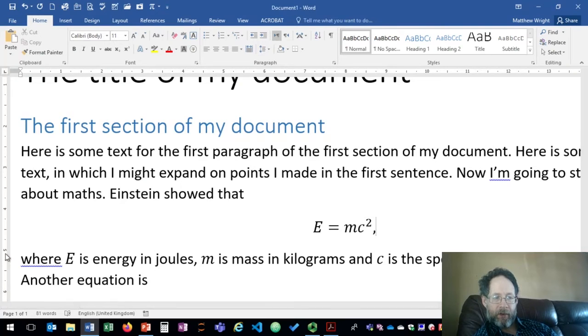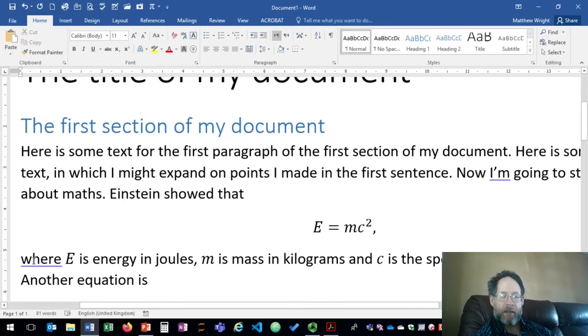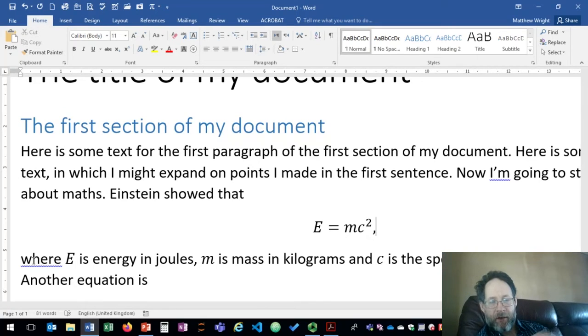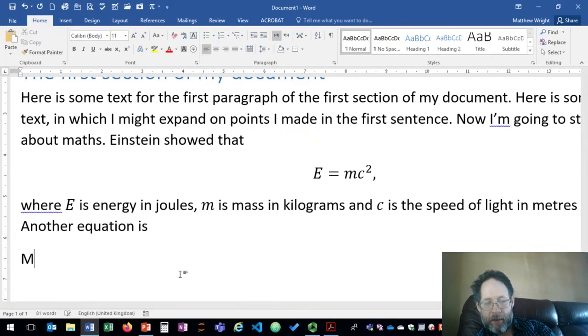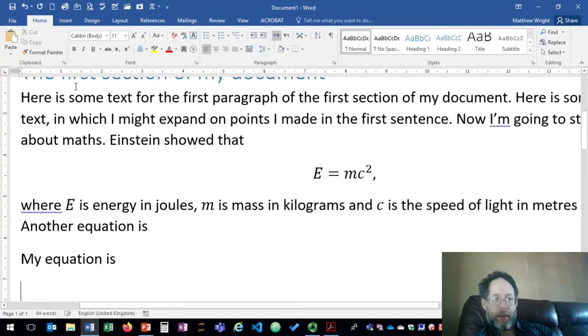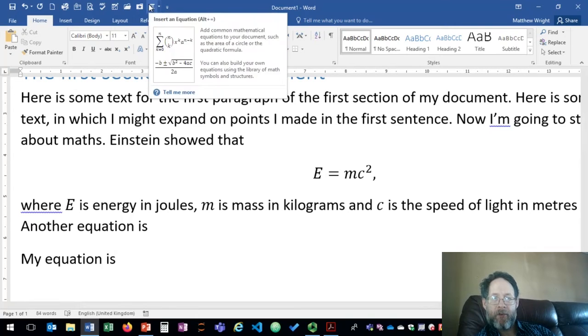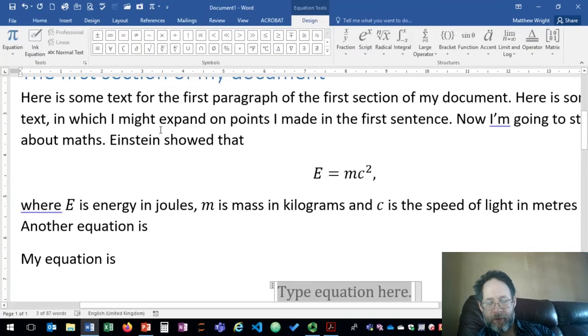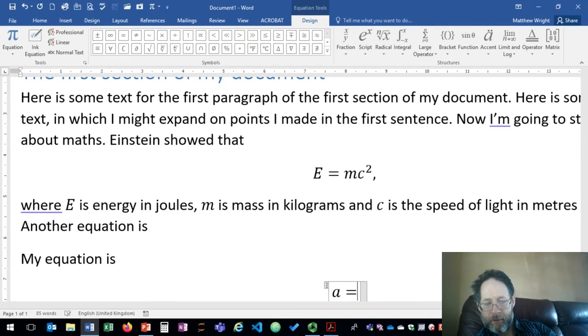Now notice that the grammar checker is underlining here, because it doesn't understand that we're still part of the sentence. And this is something I very often see when looking at student work. They start to write something like this: my equation is, and then using the handy shortcut on the quick access toolbar, have the displayed equation in here, A equals B plus C,